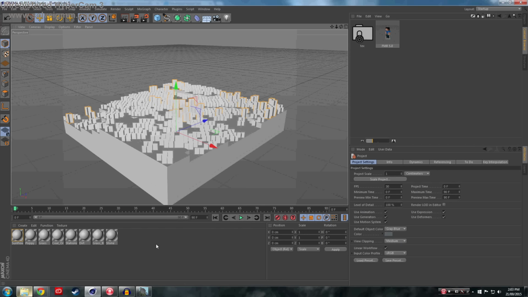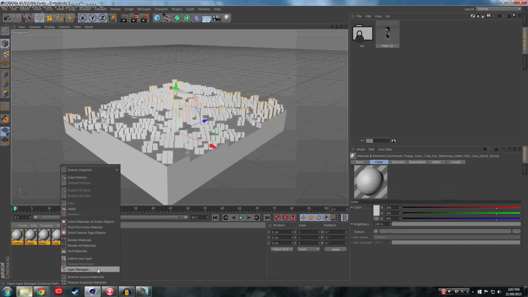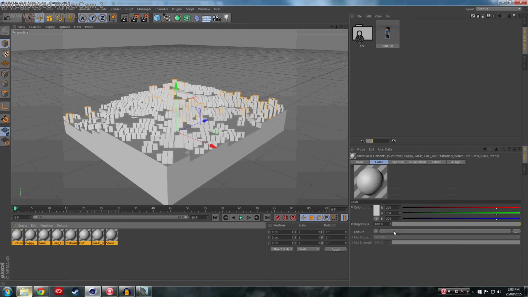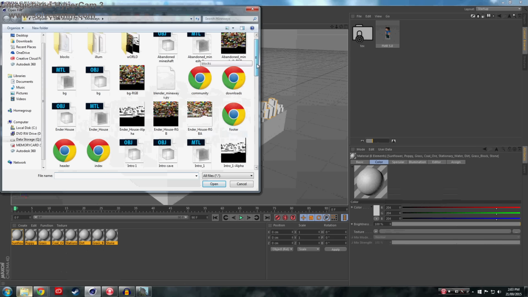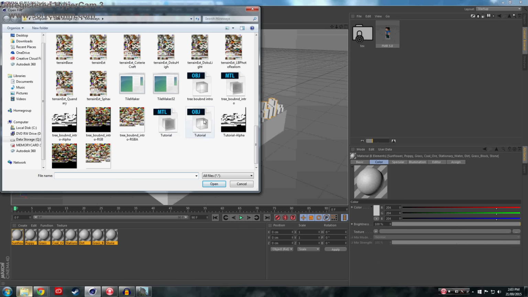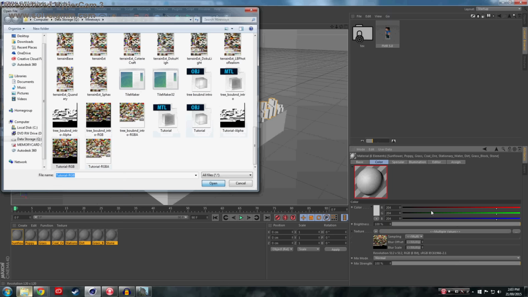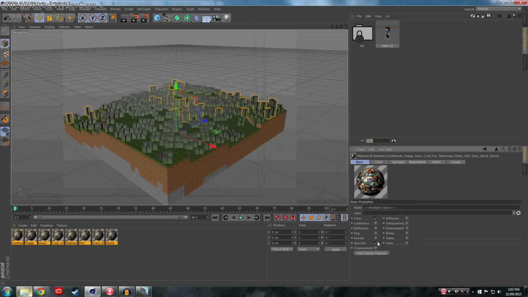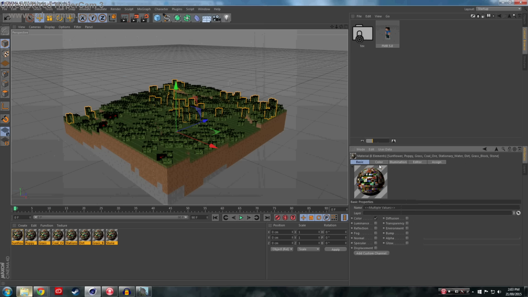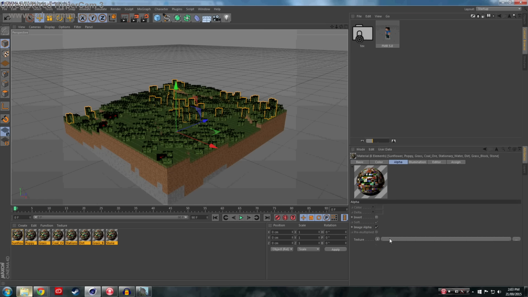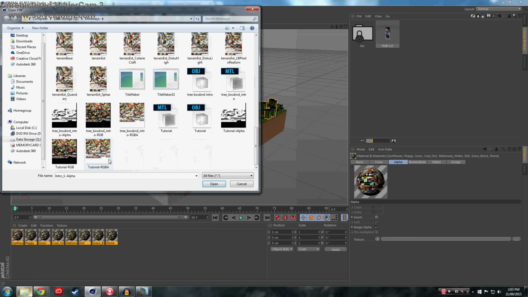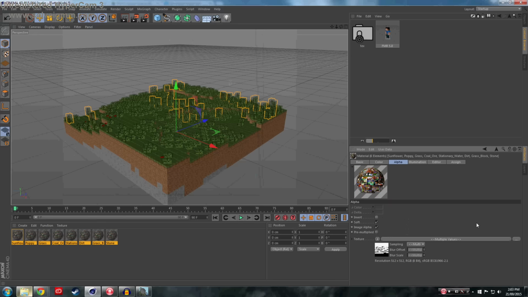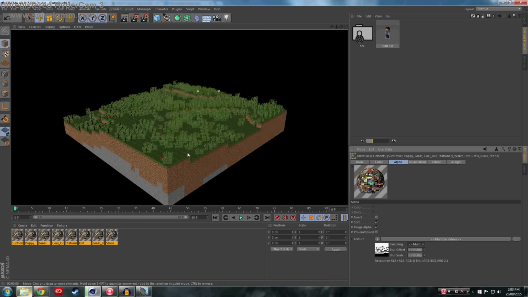So once that's open, come in here, go to texture over here, and in that same folder, click on tutorial RGB in color, set this to none and specular off, come into here, alpha, turn alpha on, and then come back into the texture and RGBA, which is RGB alpha, set that to none,